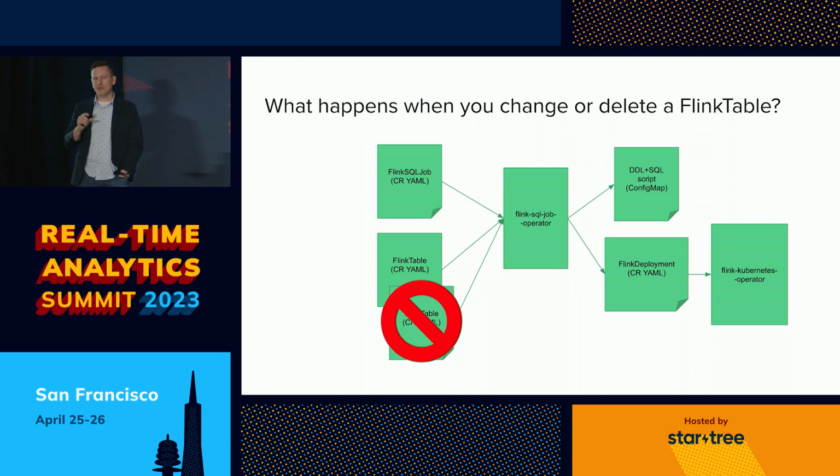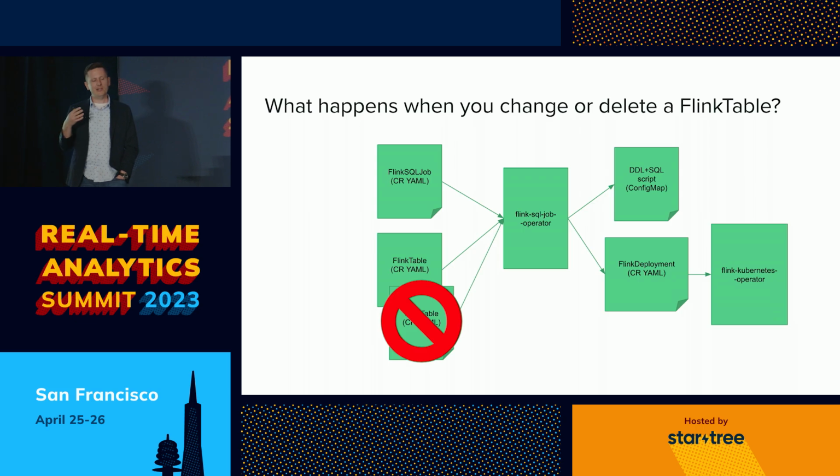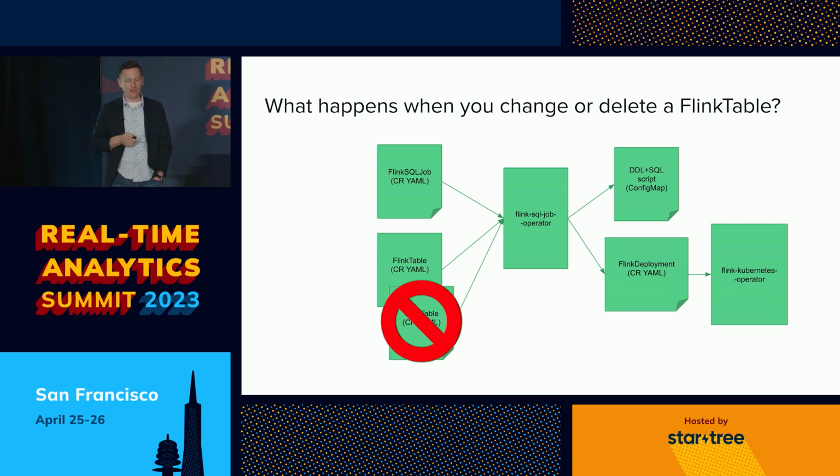Right, so this model sounds pretty great, but there's some problems with it. One is, what happens when you delete one of these Flink tables? Generally in the Kubernetes ecosystem, when you create something, it means that you're deploying some workload, some physical pods start running. But if I delete a Flink table, what does that mean? Should something stop running? I'm not sure. I don't think it's clear. So something's a little fishy about this model.